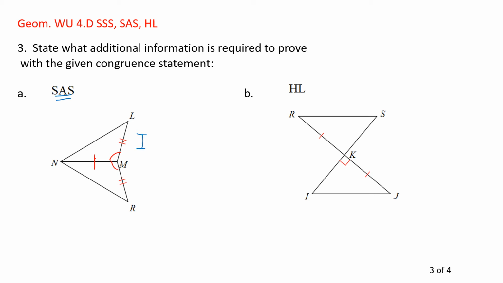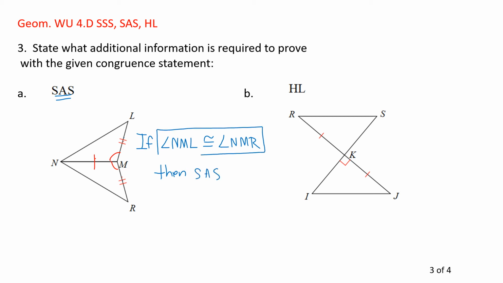So how I write this statement is that if it's true that angle M, except I have to write 3 letters, is congruent to angle M using the other 3 letters, then these are congruent by side, angle, side. The answer to the question is right there. If that's the case, then that is side, angle, side. I like to write it as a statement because it's not saying that it's true, but if it were,